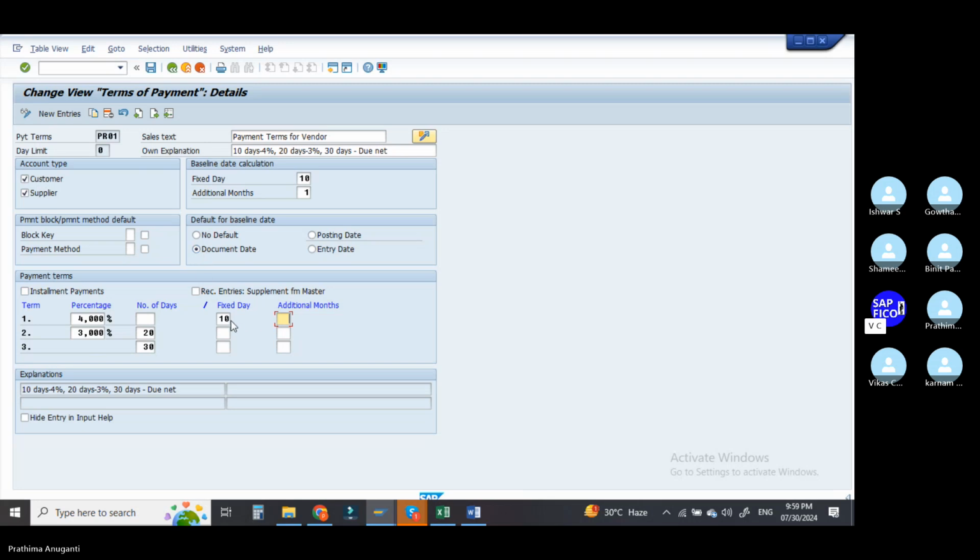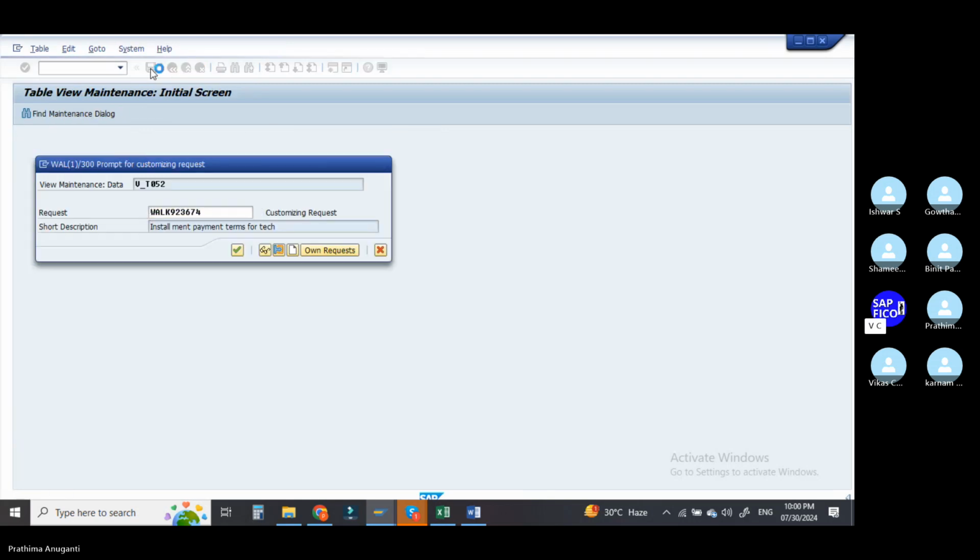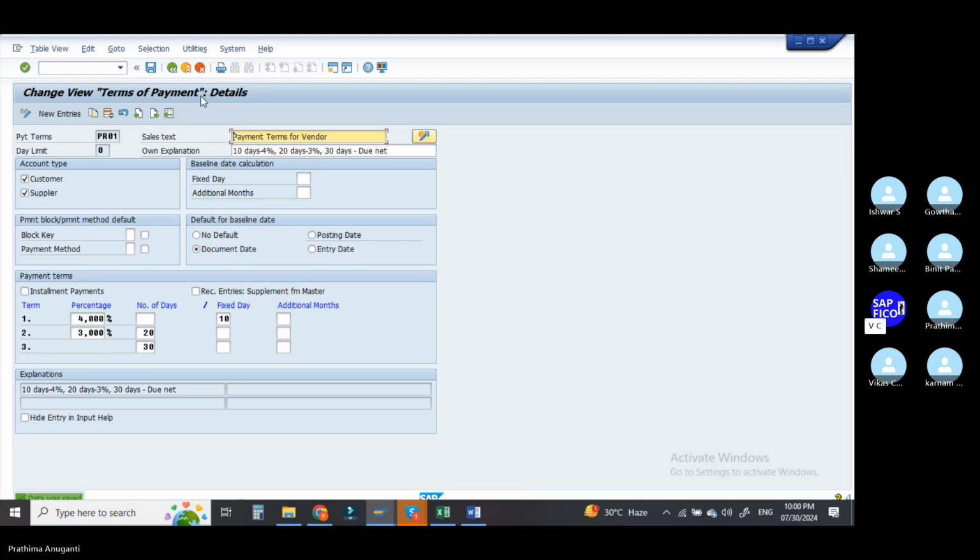Above, baseline date calculation is there, right? Remove the baseline date, fixed date and additional months. All right, go to the save button and save it. Now what will happen, all of you? So give slash in,